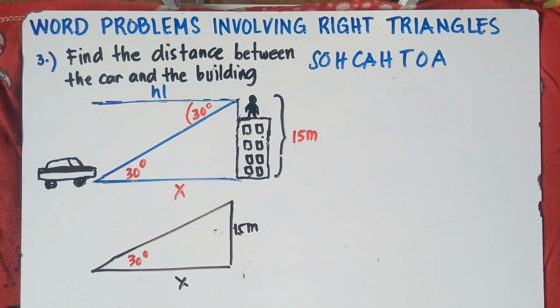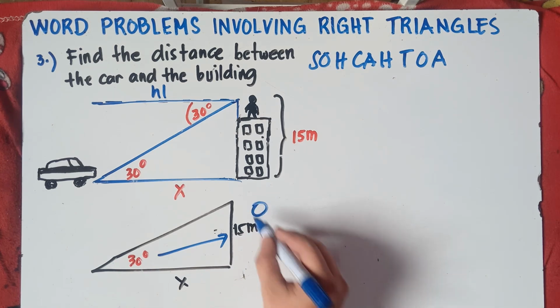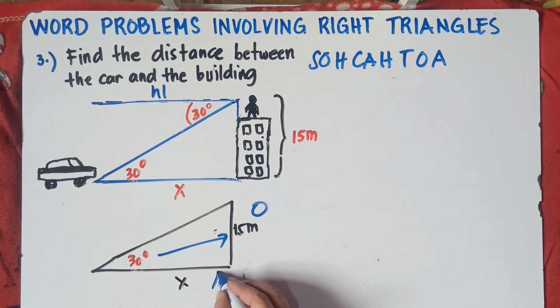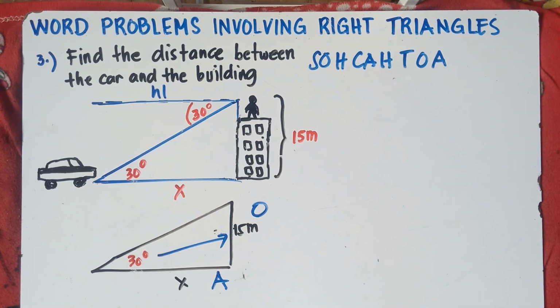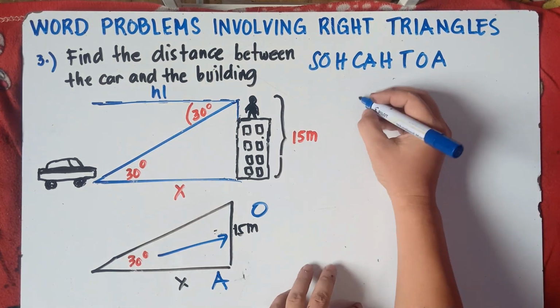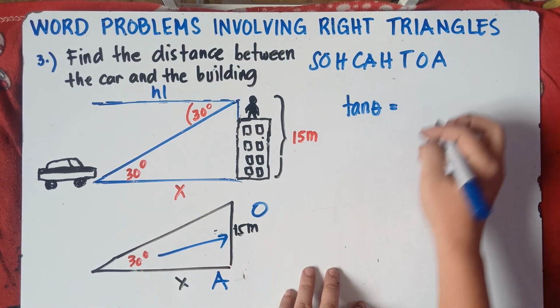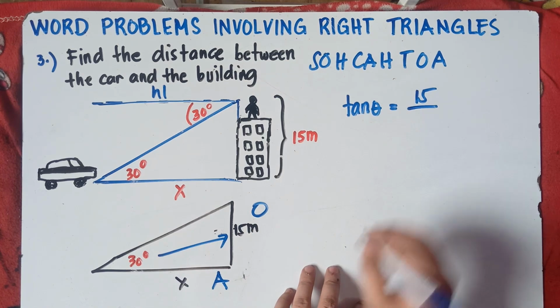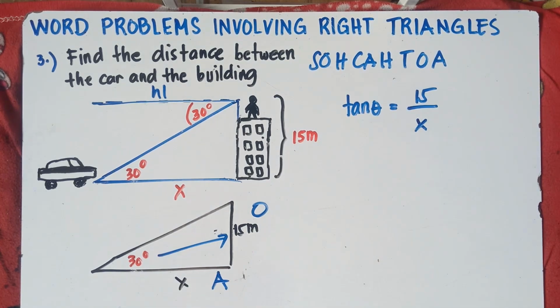So, sides involved, to check. This is the angle; opposite of this angle, that's the opposite. Right next to this angle is the adjacent. Therefore, we have opposite, we have adjacent. We'll be using tangent again. So, let's use tangent. So, this will be tangent theta equals opposite, that is 15. Let's ignore the units first, 15. Then adjacent is x. So cross multiply.